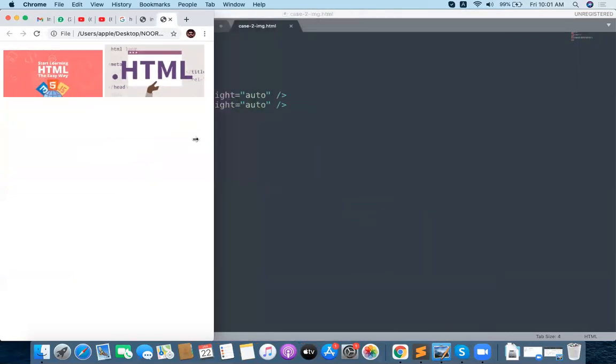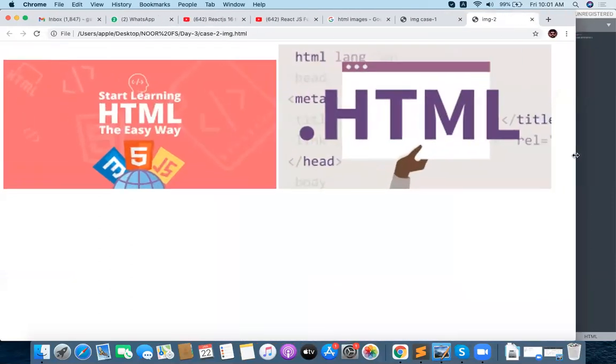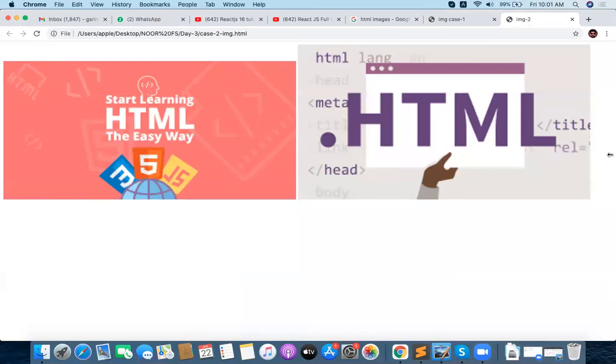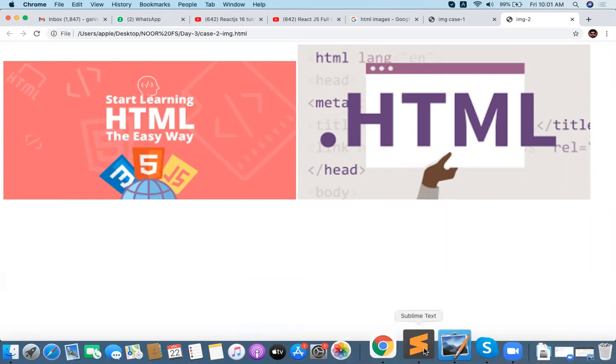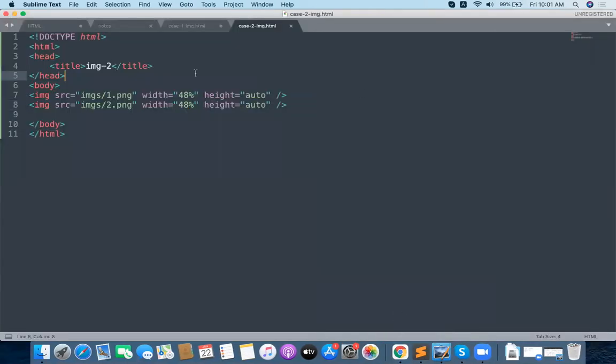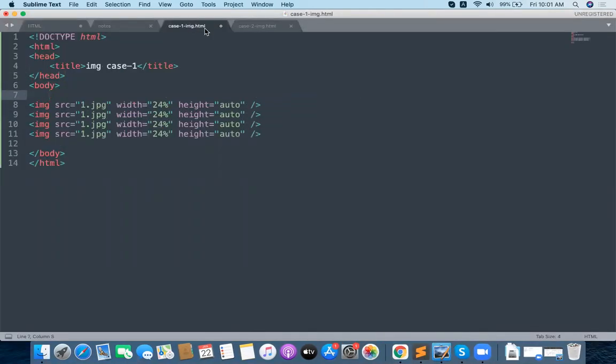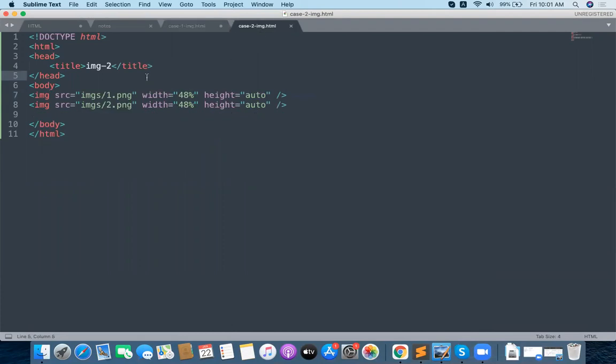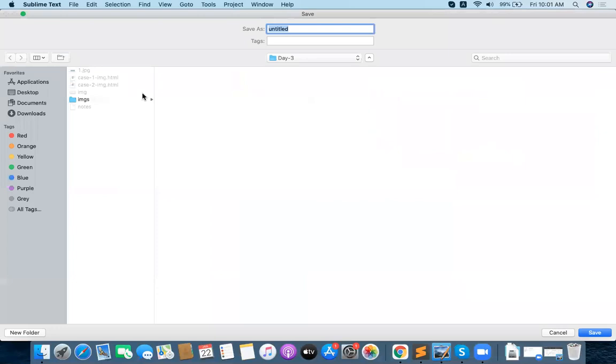For the mobile, it should be like this. For tablet, it should be like this. For desktop, it should be like this. Got my point? How the things are happening with the second case? Okay, finally the third case. What is the third case now? We should prepare HTML in a separate folder and we need to load these images from that folder. Let me do the third case now.